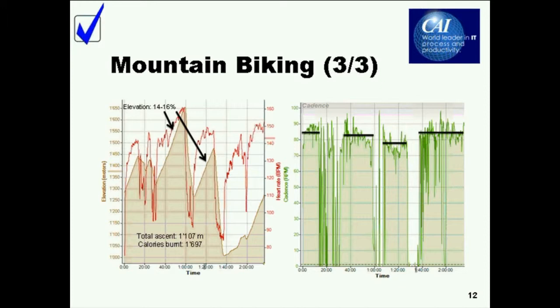The cadence, being the number of pedal rotations per minute, is relatively constant from the beginning till the end of the tour. The figures presented here are of summer 2009 and very different from when I started recording the data in 2008. At that time, heart frequency often was up to 180 beats per minute, in which case I had to pause. Cadence towards the end of the tour slowed down, being extremely tired. The only positive thing was that I burned a lot of calories, as you can see.